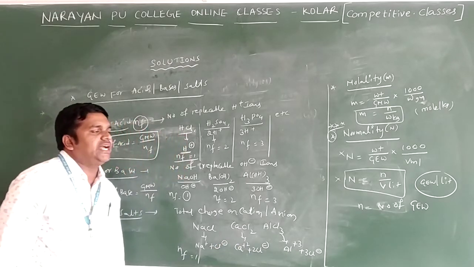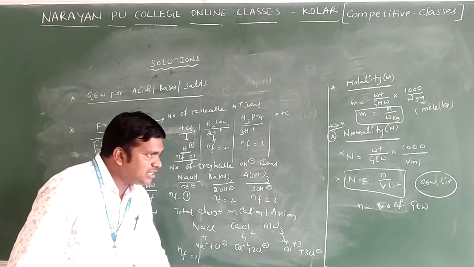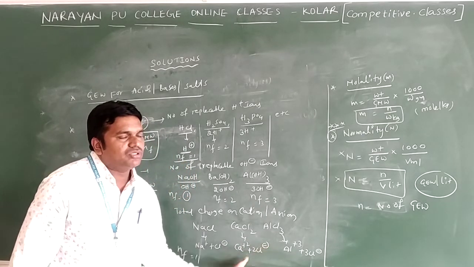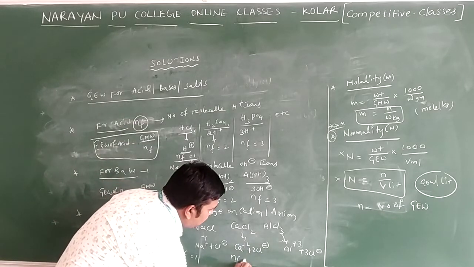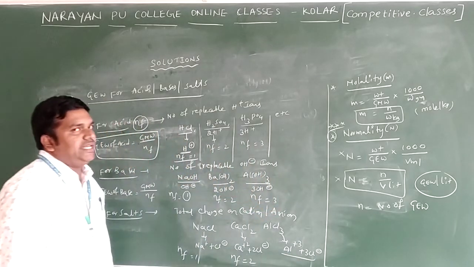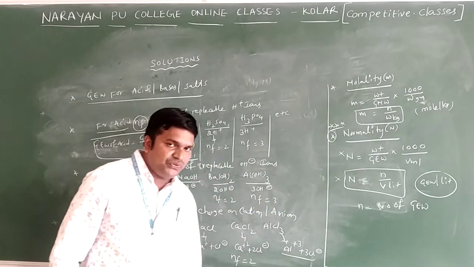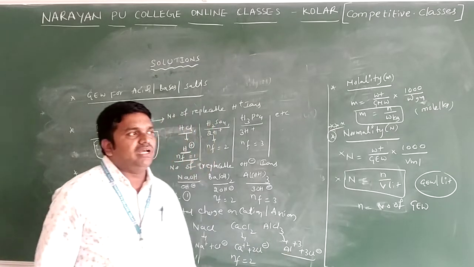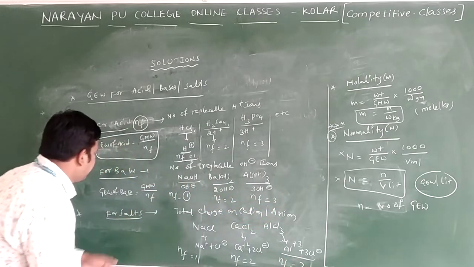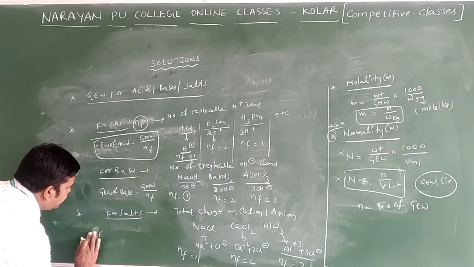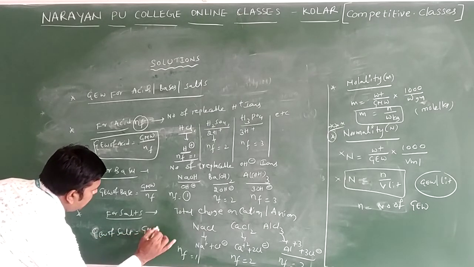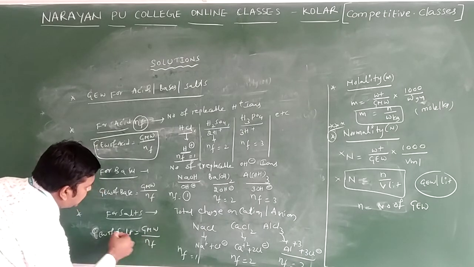Come to calcium chloride. It dissociates into Ca2 plus and 2 Cl minus. So what is the charge of Ca? Plus 2. How many negative ions do we have? 2 negative ions are there. So what is the N factor we are writing? N factor is equal to 2 only. Here AlCl3 will dissociate into Al3 plus and 3 Cl minus. What is the charge of Al? Plus 3. What is the charge of Cl? 3 minus. So what is the N factor we are writing here? 3 only. The same way, gram equivalent weight of salt is equal to gram molecular weight by the N factor in case of which one? Salt.